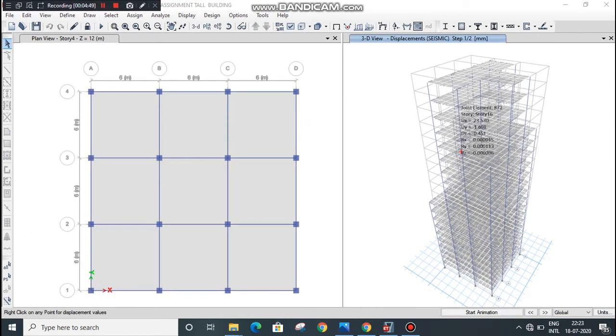Here our model has been analyzed. We can design similarly as we have designed for the seismic load only.